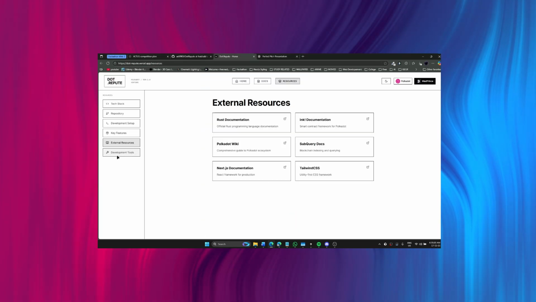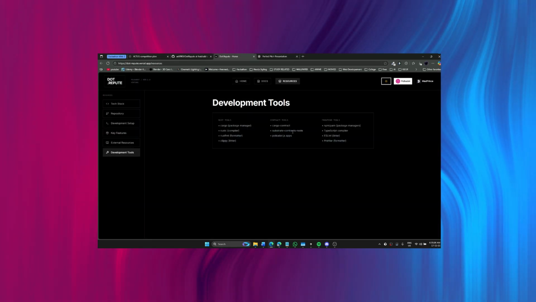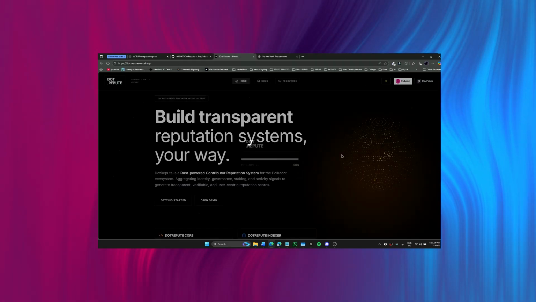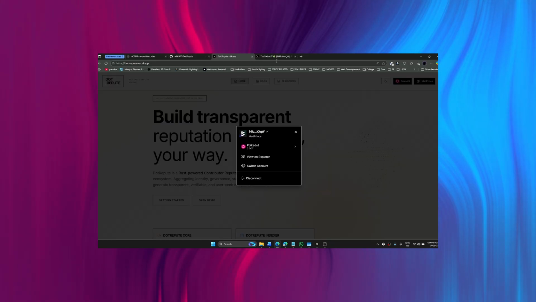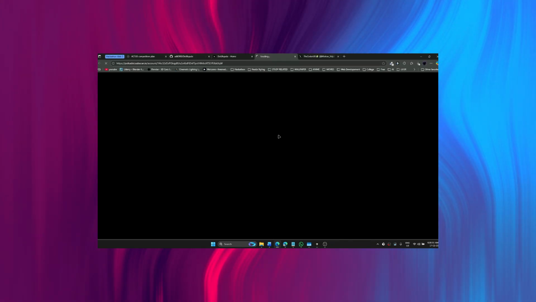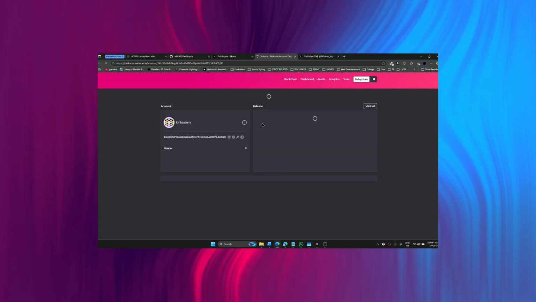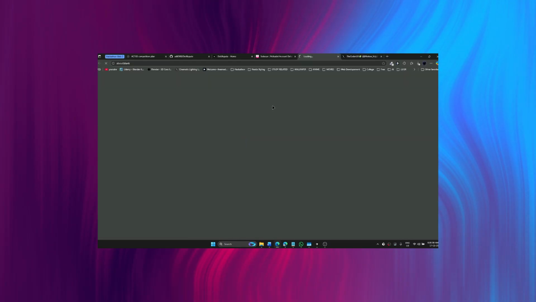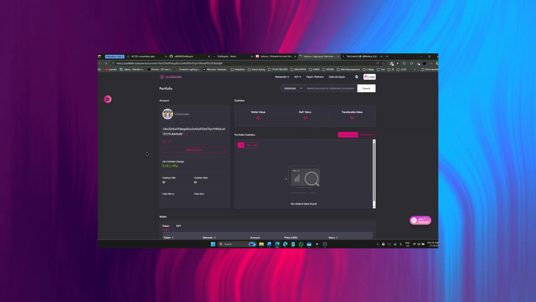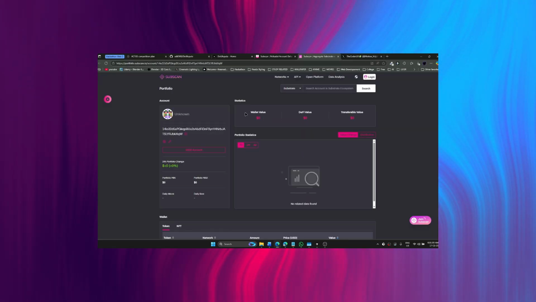So what you will be thinking is, what's the current problem in Web3? What is it missing? Despite Web3 promising decentralized identity and ownership, users still live behind anonymous wallet addresses. This creates major challenges. DAOs can't verify contributors. Grant programs can't evaluate applications. Projects can't measure community trust. Users can't showcase their on-chain reputation.